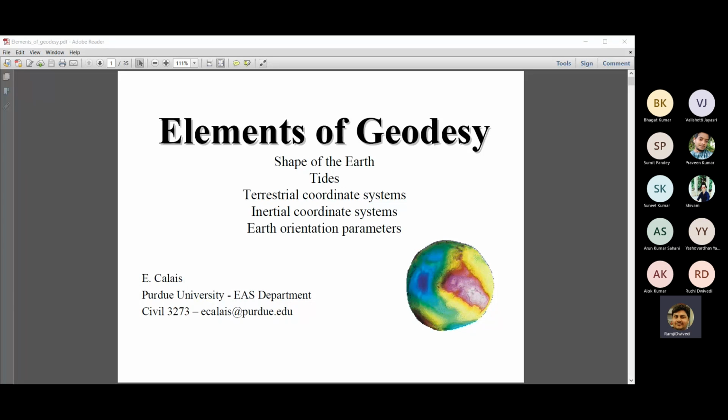This space geodesy is something you should understand as the technology which is helping us in the measurement of the size and shape of Earth. That is the first part. So whenever somebody asks,